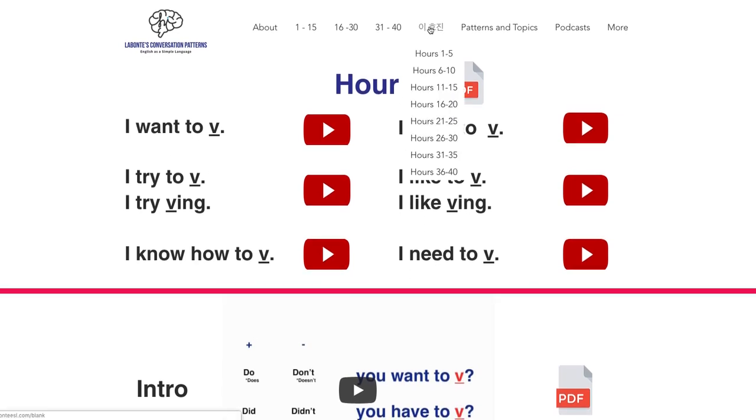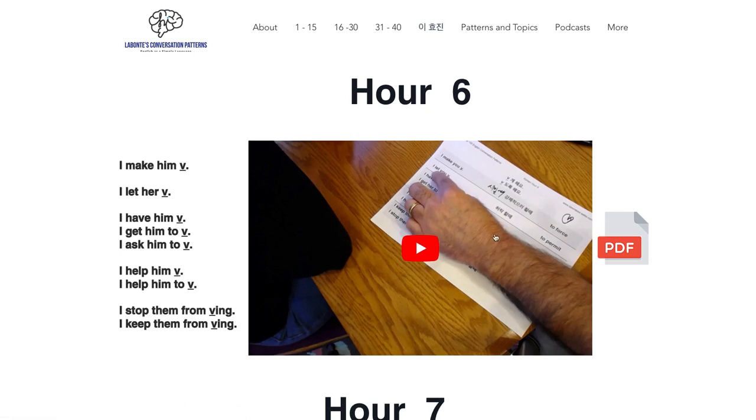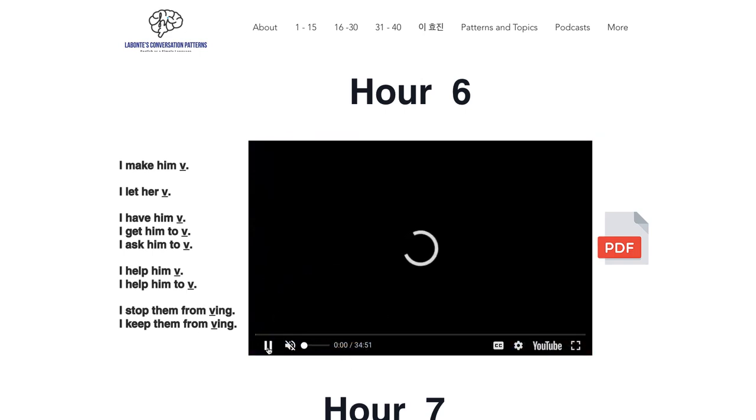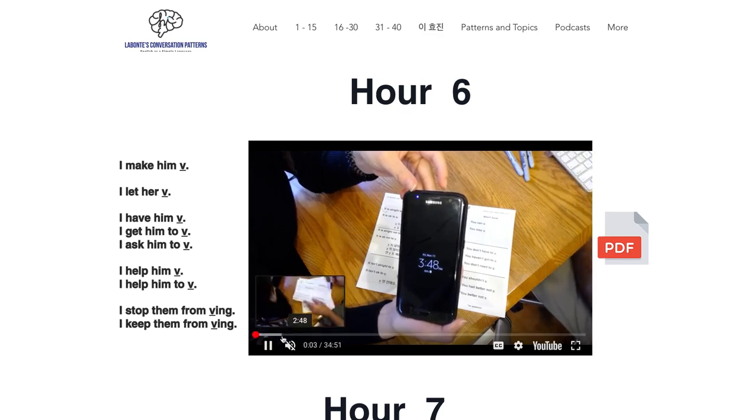I've done the same thing. This is where I taught my niece, where this has Korean built into it, but the printouts are the same that I use in the same hour in this English section here. Most of these run about 30 minutes to 40 minutes. The first part of it is always reviewing what we've learned up to that point. So at the beginning of the hour, I would be reviewing hours 1 to 5 to see if she's stumbling, if she needs help in any of those.